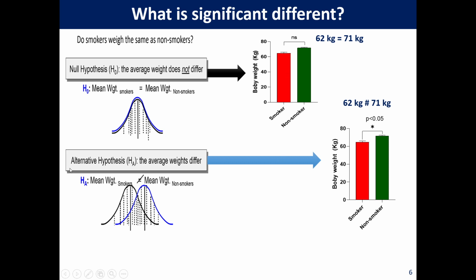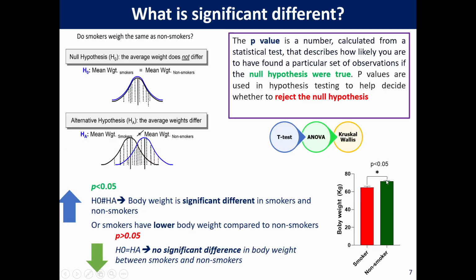And the other one I call the alternative hypothesis. We say that the average weight between the groups is different. So here it means that the body weight in the smoking group may be lower than in the non-smoking group. So how to select